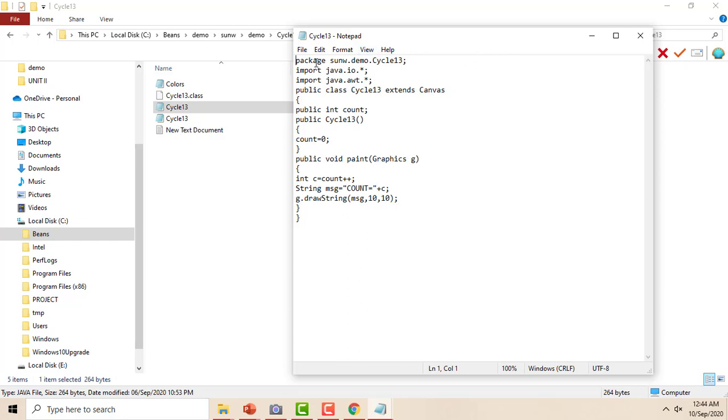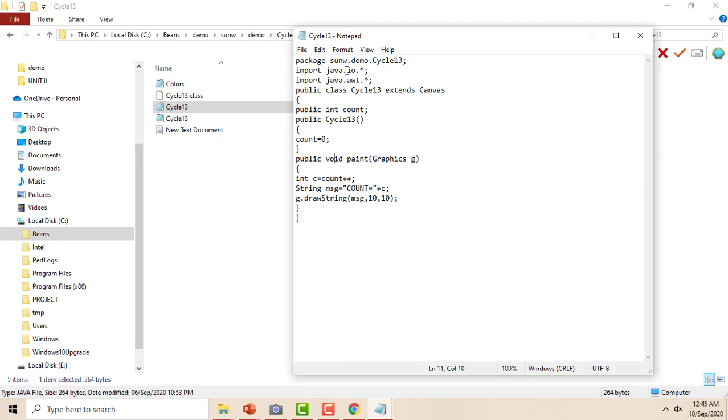We have to insert the package, the class must be public, and we declare the data members as private or public. We create a no-argument constructor using the public accessor. Next we use getter and setter methods, but here I am not using any getter or setter methods. And in the second line I am using the IO package.